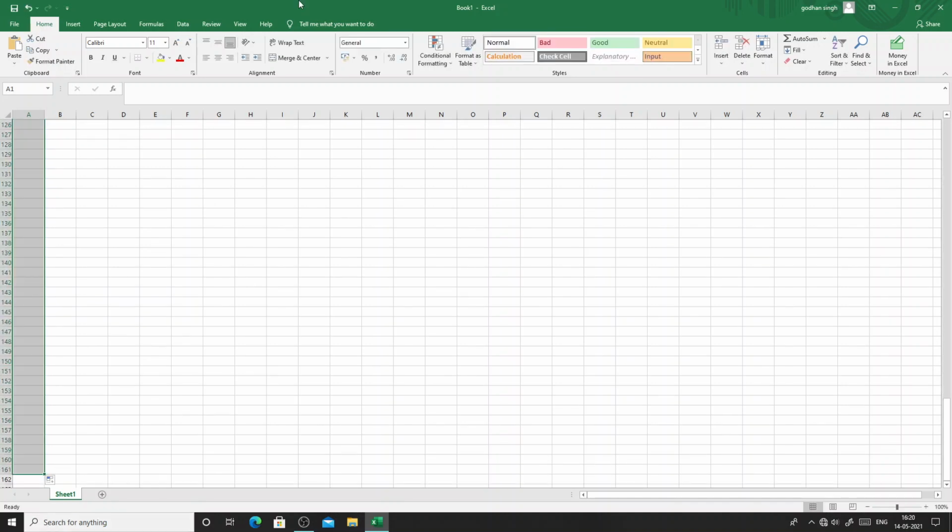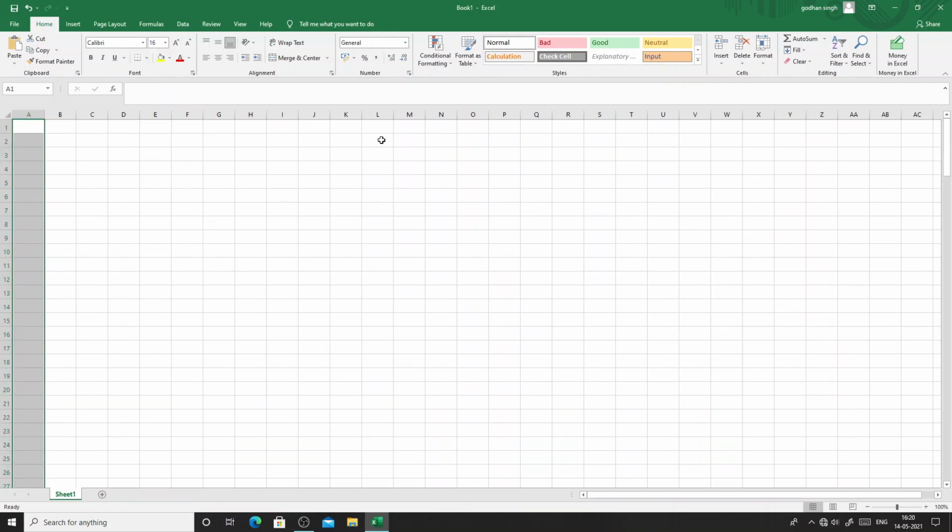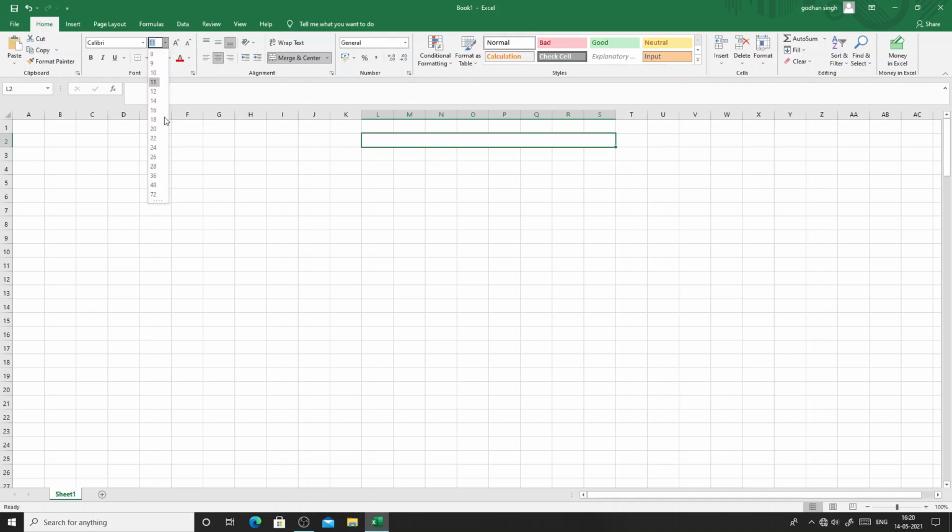So here we are, and then we'll increase the font size. So let it be 16. You can take any other size also. Then we'll merge some of the cells here so that we can write down the heading of our practical. So click on merge and center, and I change the font size to 16 and write here the heading, that